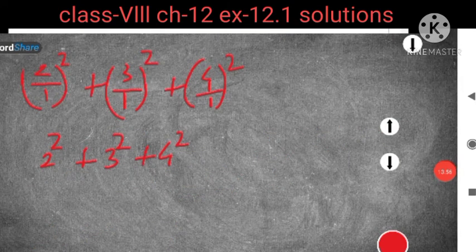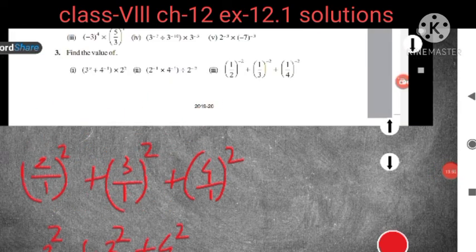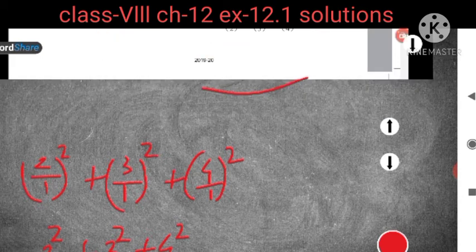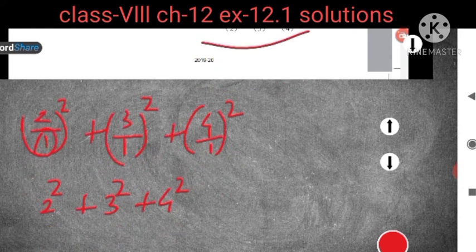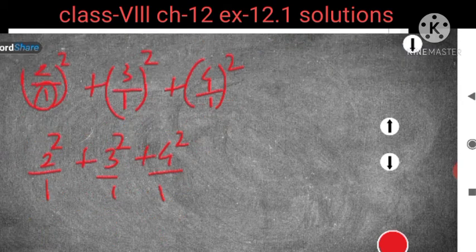So now here you can see 1 upon 2 to the power 2, isn't it? This will become reciprocal, this will become reverse. So 2 upon 1 to the power 2, 3 upon 1 to the power 2, 4 upon 1 to the power 2. Now the denominator is 1 to the power 2, which is again 1 only. So you can just write 2 to the power 2 and 3 to the power 2 and 4 to the power 2, or you can put 1 also, because putting 1 or not putting 1 is the same. Now when you evaluate this, you will get 4 plus 9 plus 16.